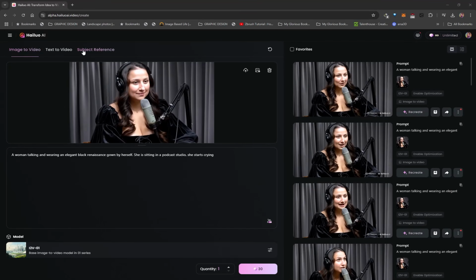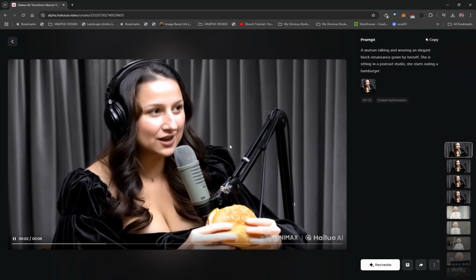So now instead of using subject reference, you switch to image to video, you drag and drop your image over here, and now this image becomes the base for creating a completely new narrative. So we've essentially used subject reference to utilize the character's likeness to generate a completely new image. So now you can type in a new prompt over here, and you can now put this image in completely different scenarios. So I can have the Mona Lisa